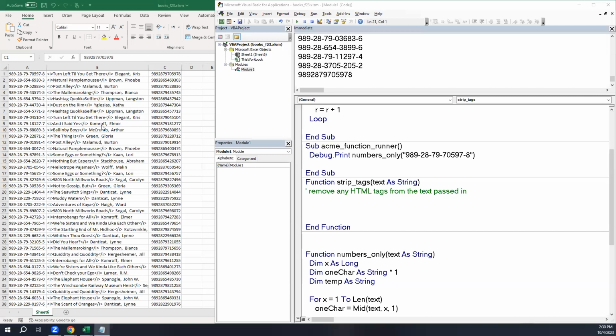So yeah, there's not really a way built into Excel to say, find anything that's inside of greater than and less than signs and get rid of it. I could do a find and replace with something specific, but doing a find and replace with a wildcard character in it,